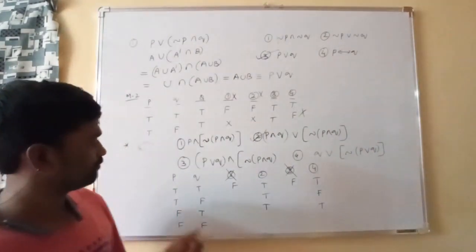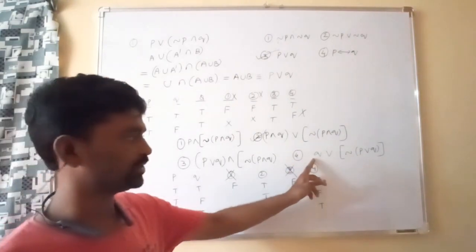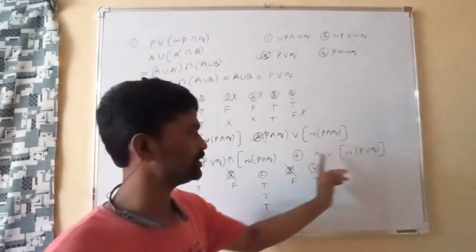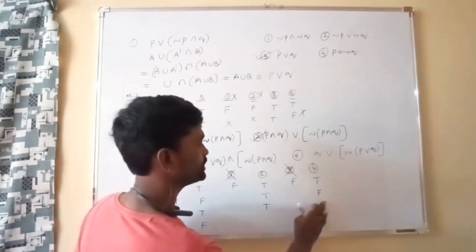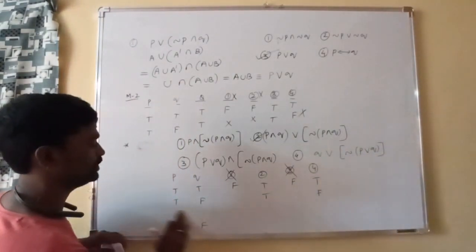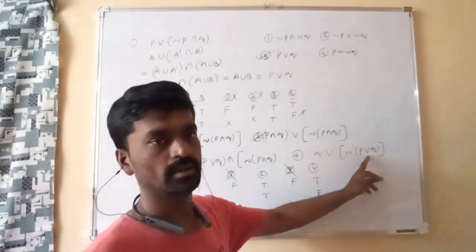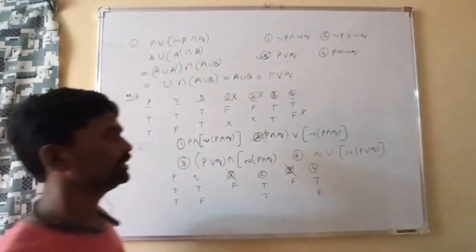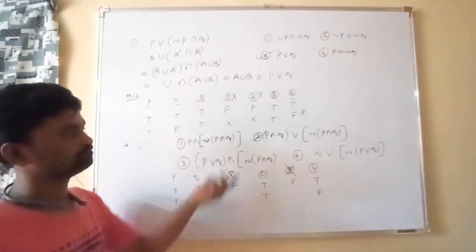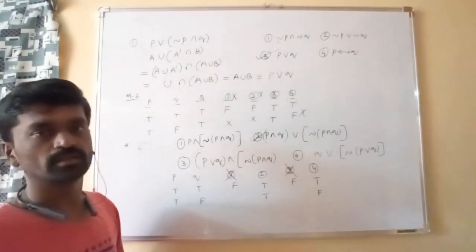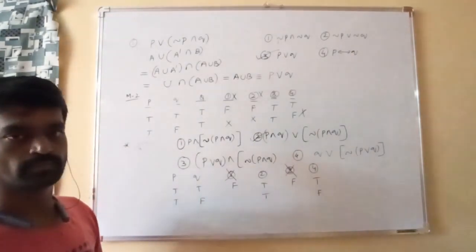See here, if I take true, false, this is false. True or false is true. Negation of true is false. False or false is false. So in the second case only you got the answer. No need to take all 4 cases. Here this is R, not and. By mistake I entered. Okay. So the second option is the correct answer. If you know those properties, no problem, directly you can take the second option as the correct answer.